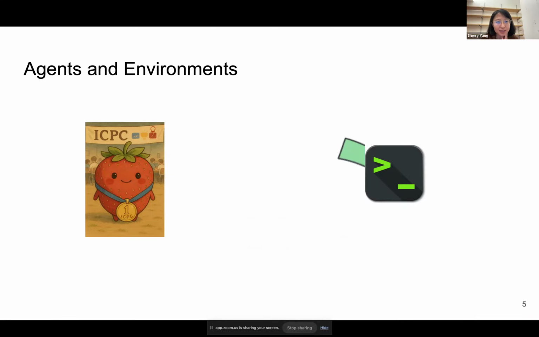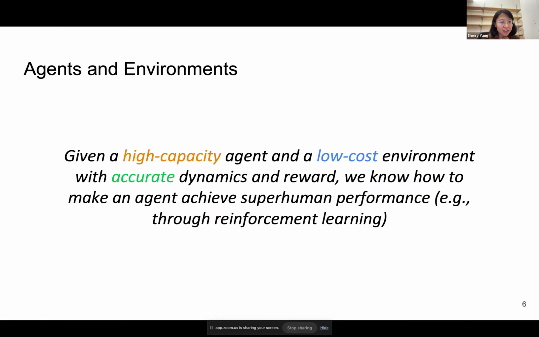Given these two examples, I think it's almost fair to say that given a high capacity agent and a low cost environment with accurate dynamics and reward information, we have already figured out how to make agents achieve superhuman performance, for example, through reinforcement learning. What I mean by high capacity agent is just large models, deep neural networks, language models.